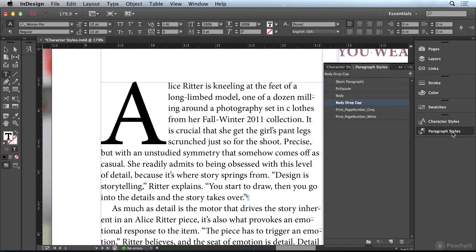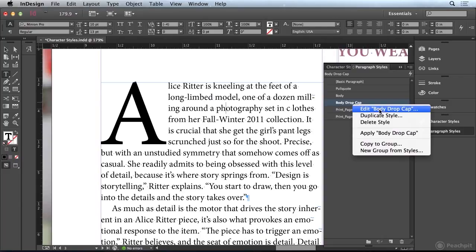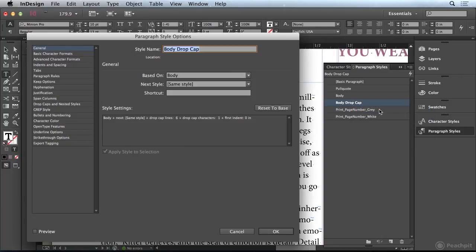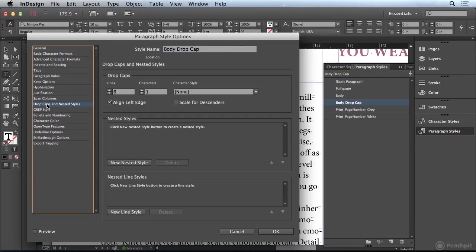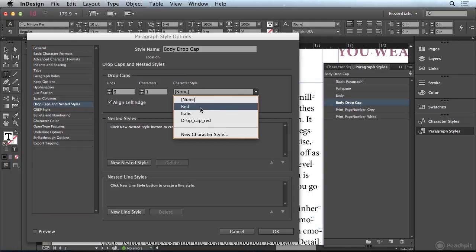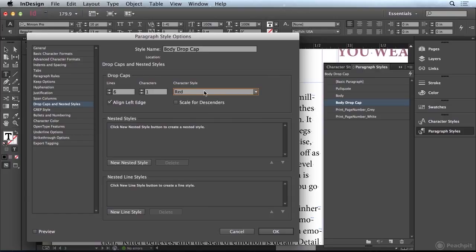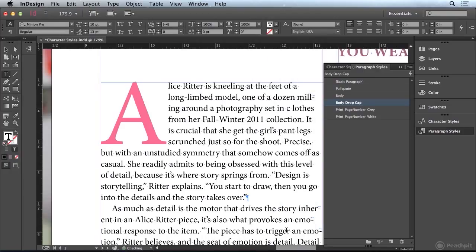Now, if we go to our Paragraph Styles panel, I'm going to right-click on Body Drop Cap, and I'm going to choose Edit Body Drop Cap. I'm going to go down here to the Drop Caps and Nested Styles section, and you can see that my drop cap is defined right here. But notice that within the drop cap category, I can also choose a character style. Well, I'm going to click on that, and I'm going to choose the red character style that I just created. And when I click OK, you're going to see that it's automatically making that drop cap the red color defined